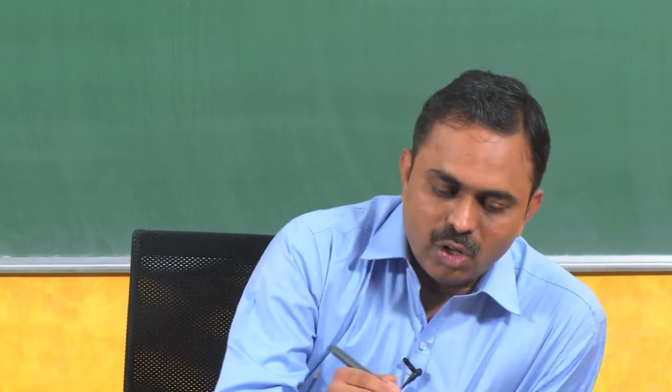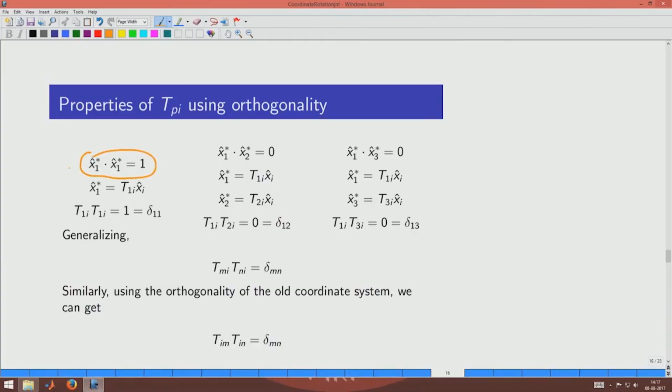when we dot the new unit vectors, we should get 1. Okay, and this is true also for the old ones. Okay. So, the way we proceed is as follows. We know this from the orthogonality. What we do is that we take up each of these vectors and express them in terms of the old vectors, and then when we express them in terms of the old and do the dot, we get an expression which involves the transformation matrix being multiplied twice, and then we will see whether the value is unity or 0. So, using the first expression, that is, express x1 star in terms of x1, x2, x3, and